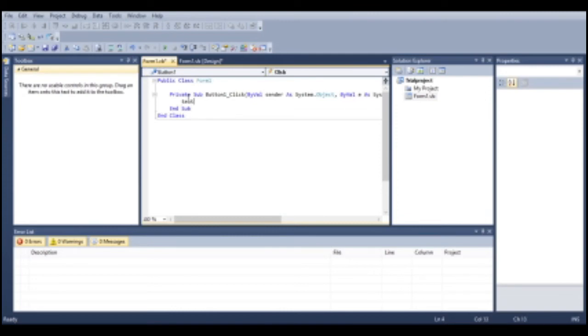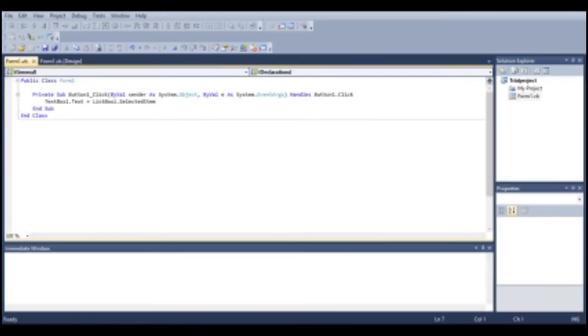We need to say just TextBox1.Text equals ListBox1.SelectedItem. Let's execute this program. If we choose a city and click on the choose button, the chosen city is displayed in the text box.